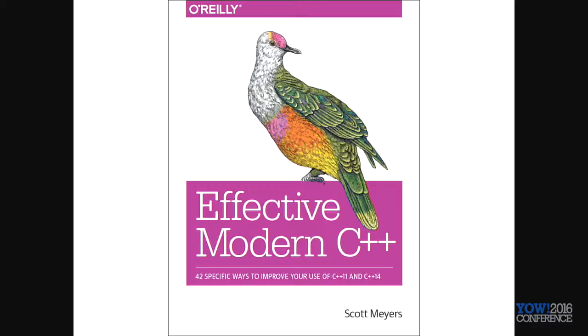So if we look, Scott Meyers has coined this term for a long time, and it's kind of been a moving target. It used to be that modern C++ was C++98. That was modern. And then it was C++03, and then C++11, and C++14, and there's also C++17. So it's a moving target. Whatever the latest C++ is, is really what we consider to be modern. But for purposes of what we're going to talk about, we're going to start with C++11 and move forward.